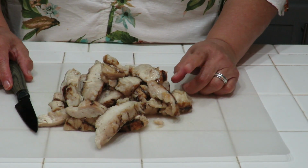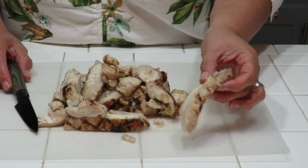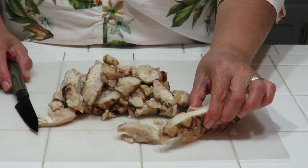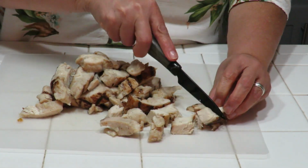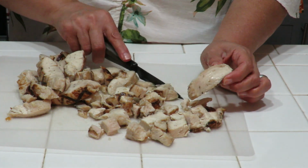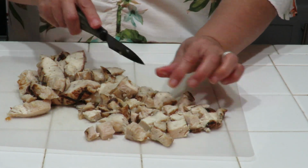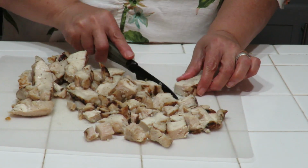All right, so I've taken these chicken strips out of my bag so that I can look at them. And these are great if I wanted to make some tacos and just line them up inside of a tortilla. But I'm gonna cut these up because I am making a casserole, so I want little chunks like this. And I don't know if I mentioned before, but this is 1 pound of chicken. This is good enough for both of my husband and I. You can feed up to 3 or 4 people with this, depending on how many more little ingredients you can